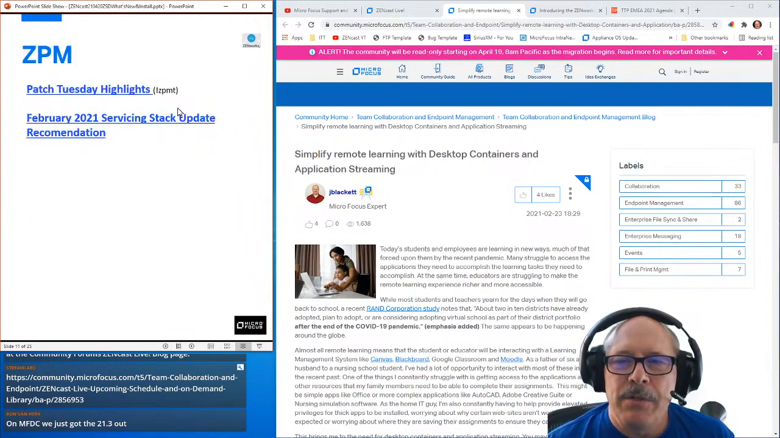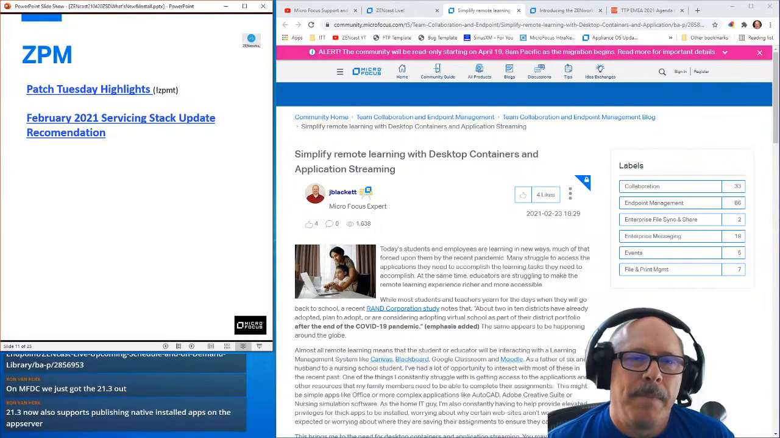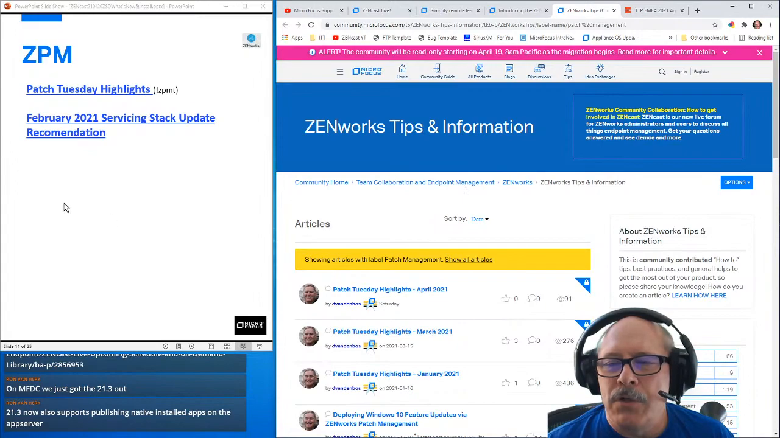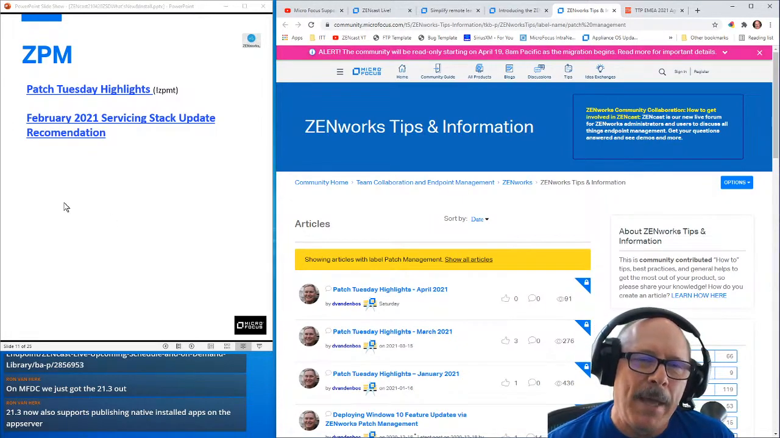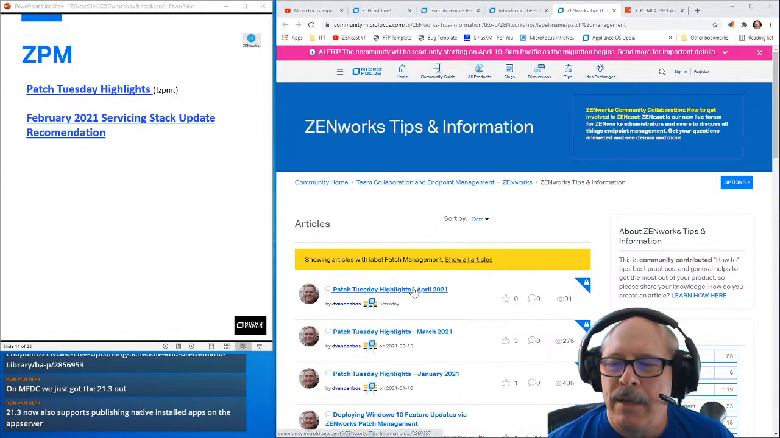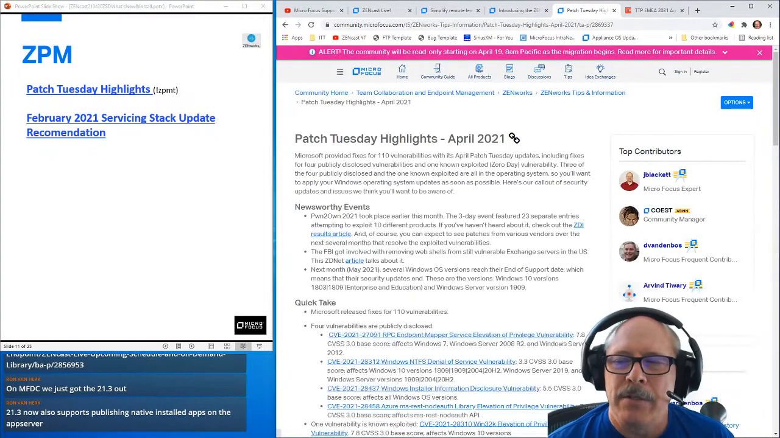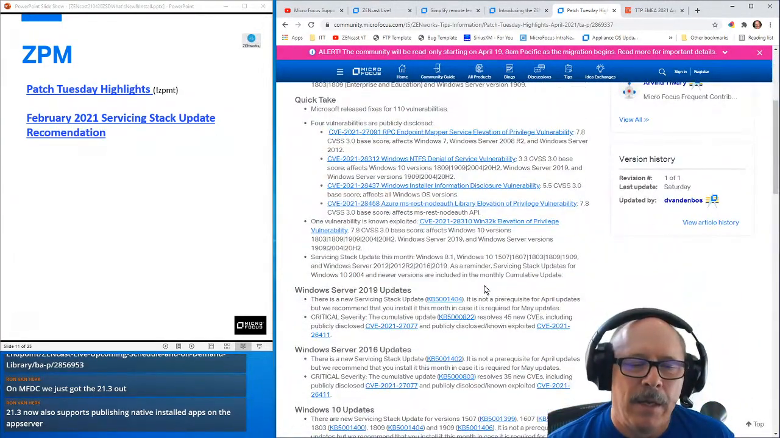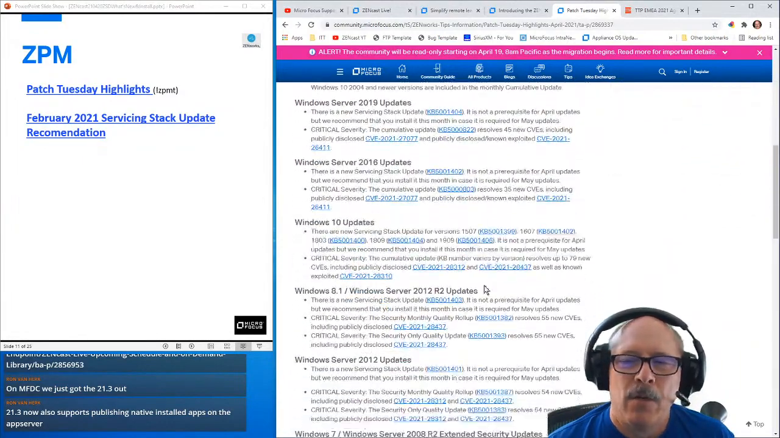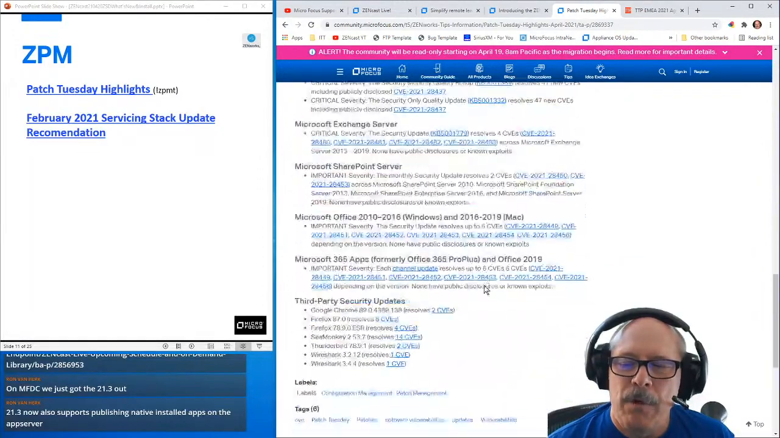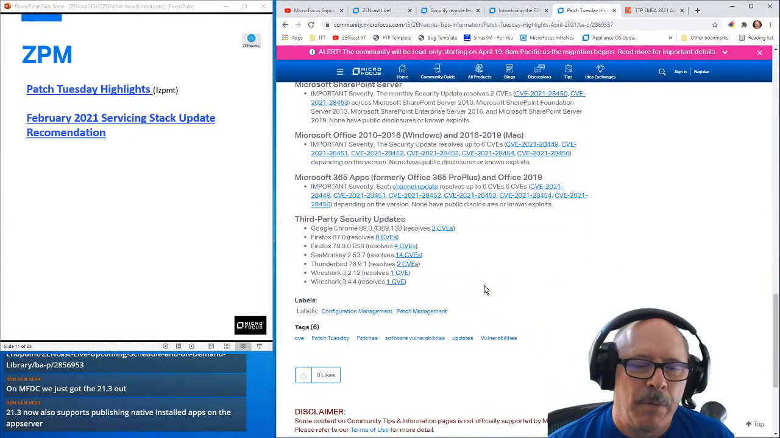ZPM Patch Tuesday highlights is out there. So April 2021 is available. Darren does a great job of bringing the patches in regularly, talking about them and giving us an understanding when you go through patches for different vulnerabilities, for different OSs, and what to expect when you're doing some updates. Okay, so it has a lot of different products in here as well as third party and what's going on